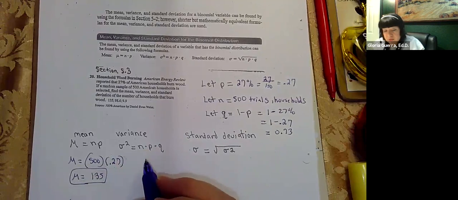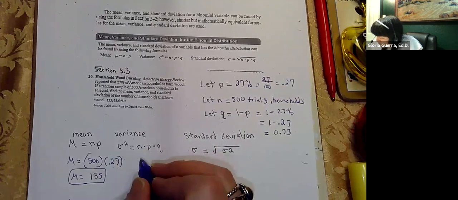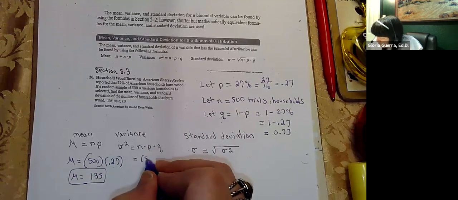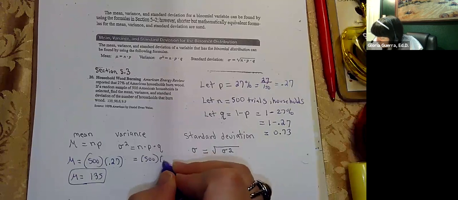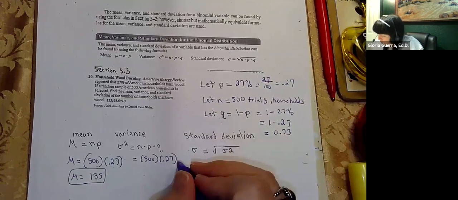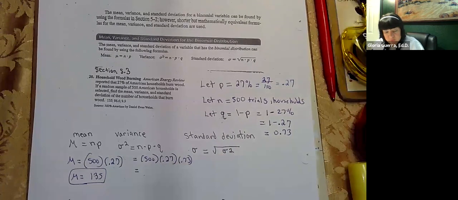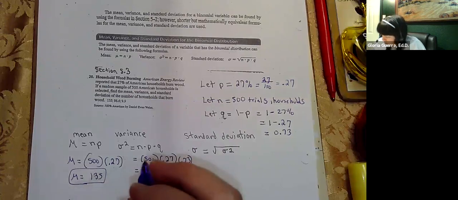Variance is N times P times Q. So N is 500, P is 0.27, and Q is 0.73. And when you multiply 500 times 0.27 times 0.73, that should give you